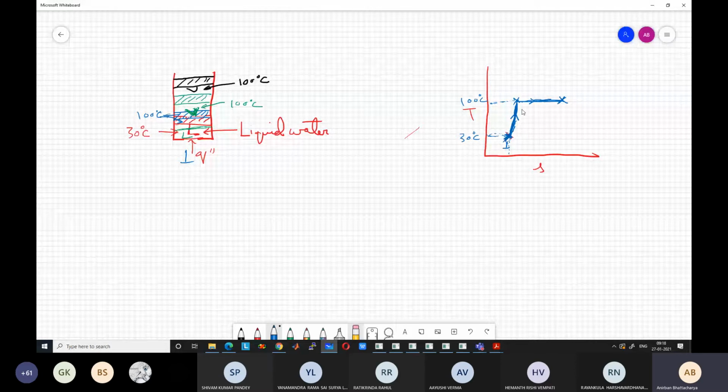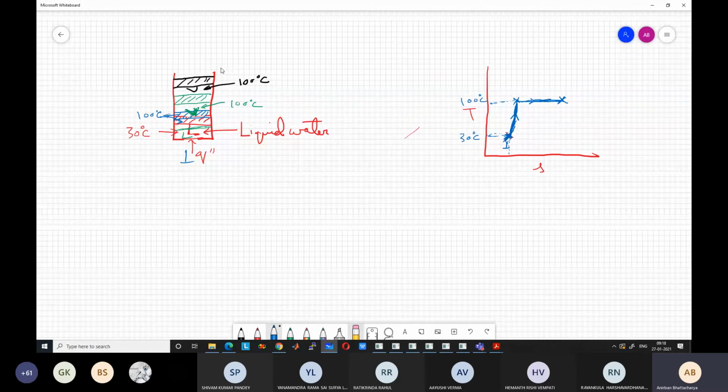And if you keep on heating further, the vapor will keep on expanding, meaning the specific volume of vapor will keep on increasing, and you will be at a certain